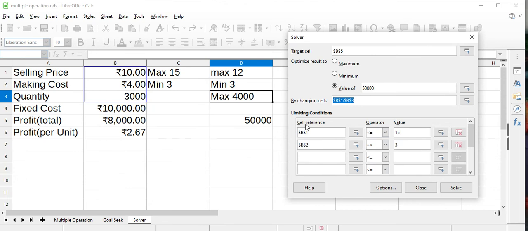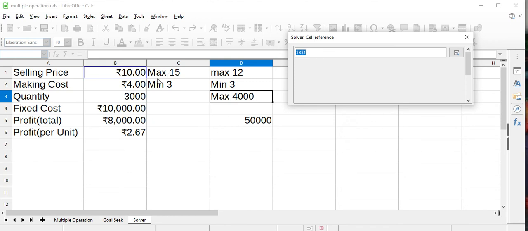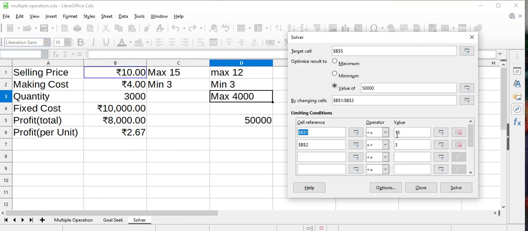And in the condition, for selling price, I will write it should be maximum 12.